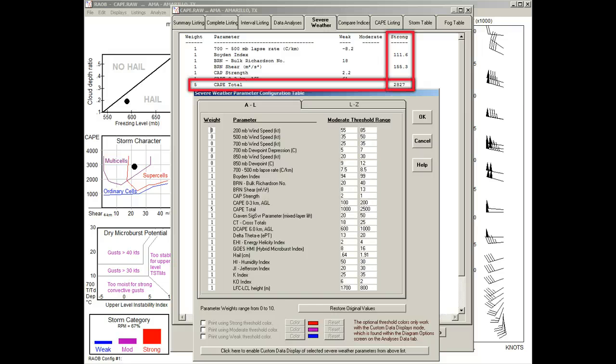This is because the limits of the configuration table's moderate threshold range from a lower limit of 1000 to an upper limit of 2500. And since 2827 is greater than the 2500 upper limit, it is listed in the strong category. Now, if we change the Cape upper limit to say 3000, like this,